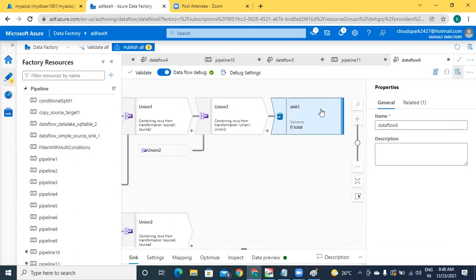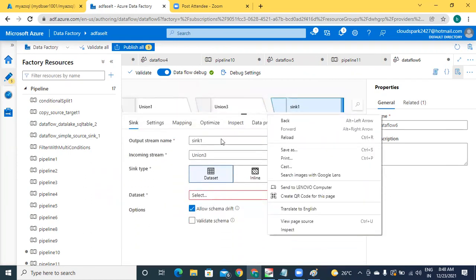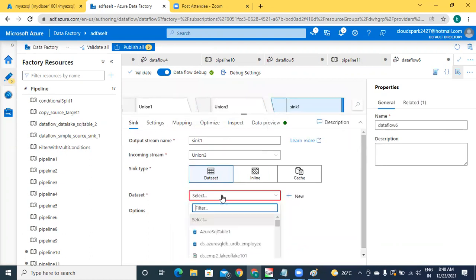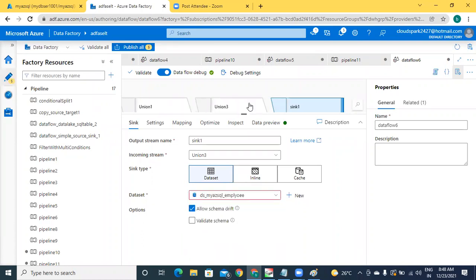For this sink, you just configure your target data set. The target data set may be any SQL table like this. I have kept my table.